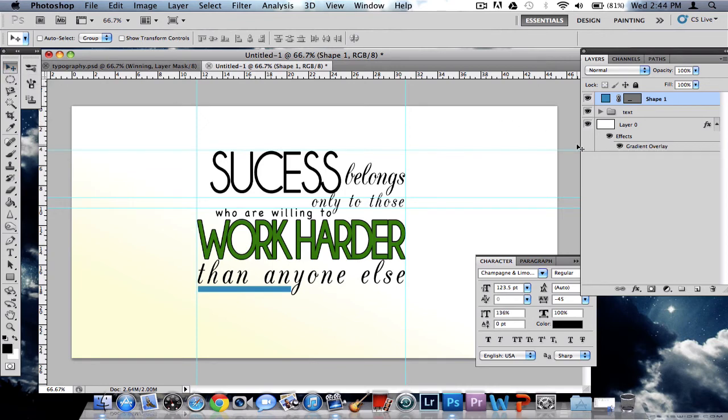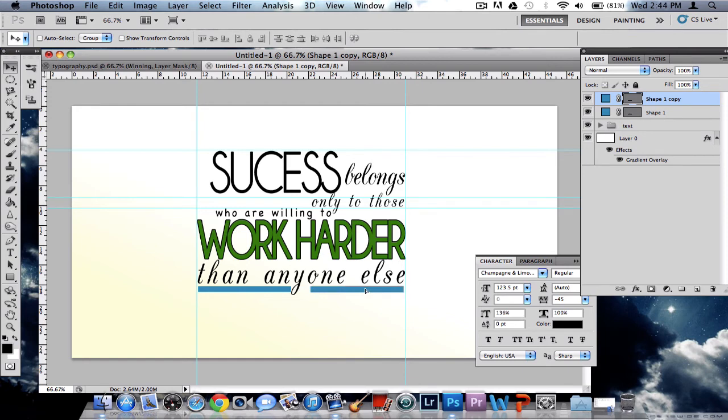Now, Command J on the Mac to duplicate, Control J on the PC, duplicate that layer, and hold down your Shift key. Make sure your move tool is selected, and we're going to drag this to the other end from the start of the E. And you can see it doesn't match up to the Y, so Command T or Control T